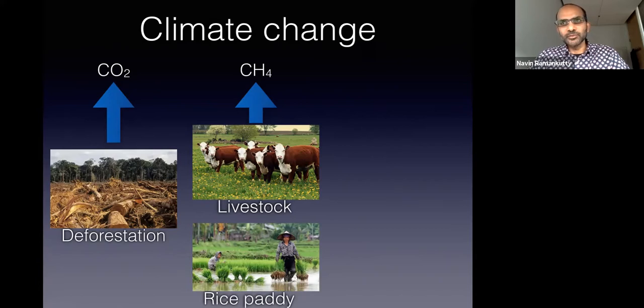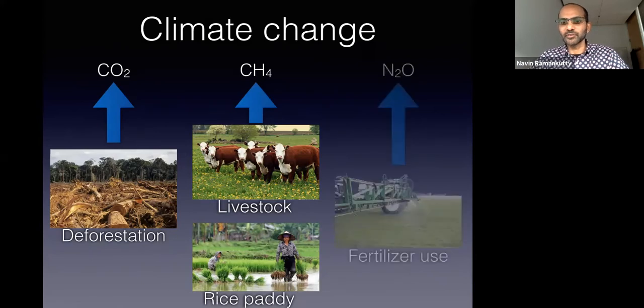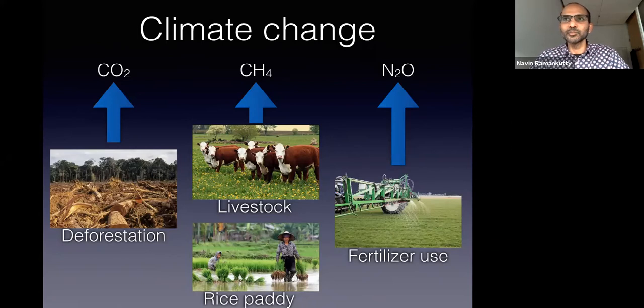I talked about using fertilizers on our landscape. Some of that fertilizer goes into the crops, some of it gets into the water, causing algal blooms. Well, another portion gets into the atmosphere in the form of something called nitrous oxide, which is an even more powerful greenhouse gas. So put together, all these 3 gases resulting from agriculture, some people estimate that about a quarter of our climate change problem comes from our agricultural systems.